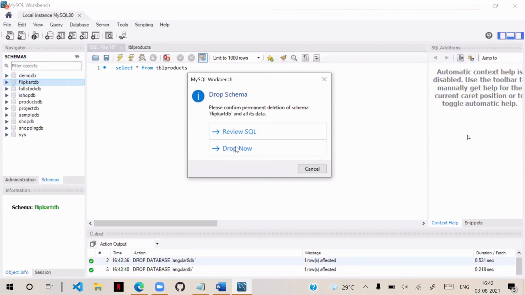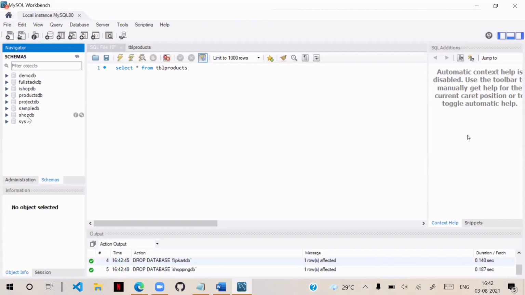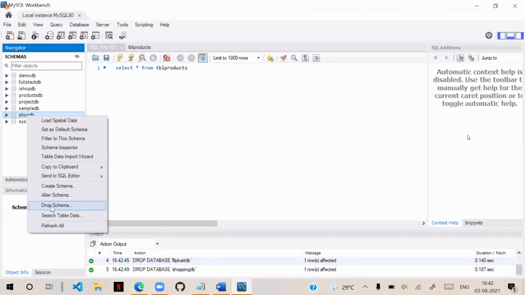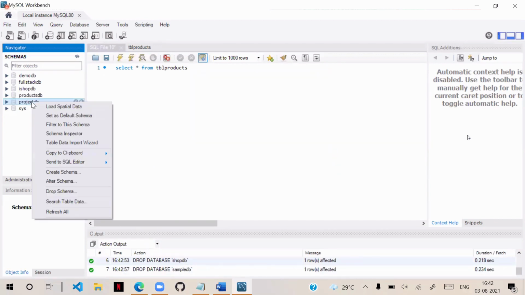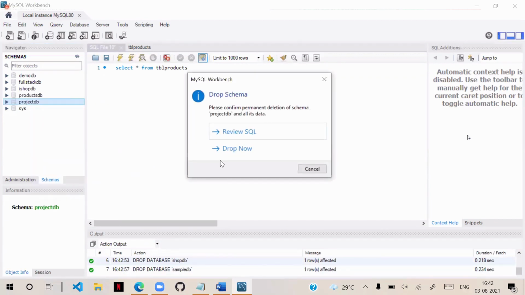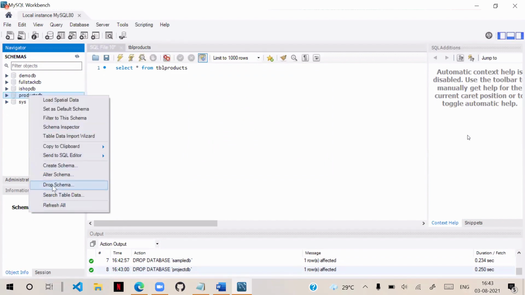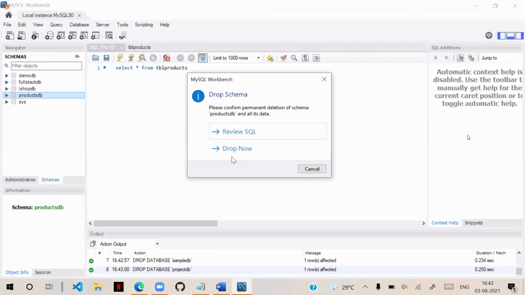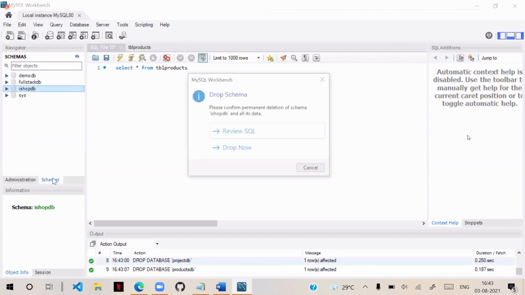Some are there, but I am removing all of this. These are all self-created. By default, you will have sys. Now suppose we have all these databases.